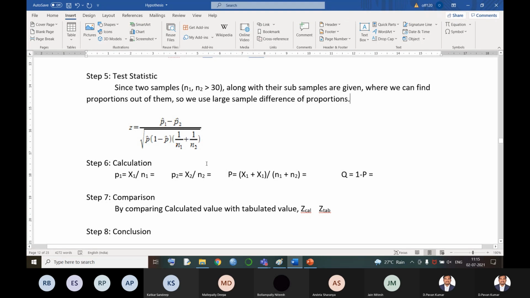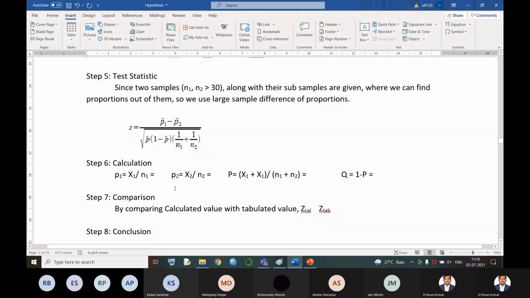Now, to get these values, these are the formulas which already exist. Now how do we find P1, P2? See, these are small p1, p2, that means the sample proportion of the first sample, before repairing, and the proportion after repairing. Now, small p, and here capital P and Q. Now P means population proportion of success. 1 minus P is nothing but Q. Instead of giving Q directly, it is written as 1 minus P, that is the population proportion of failure.